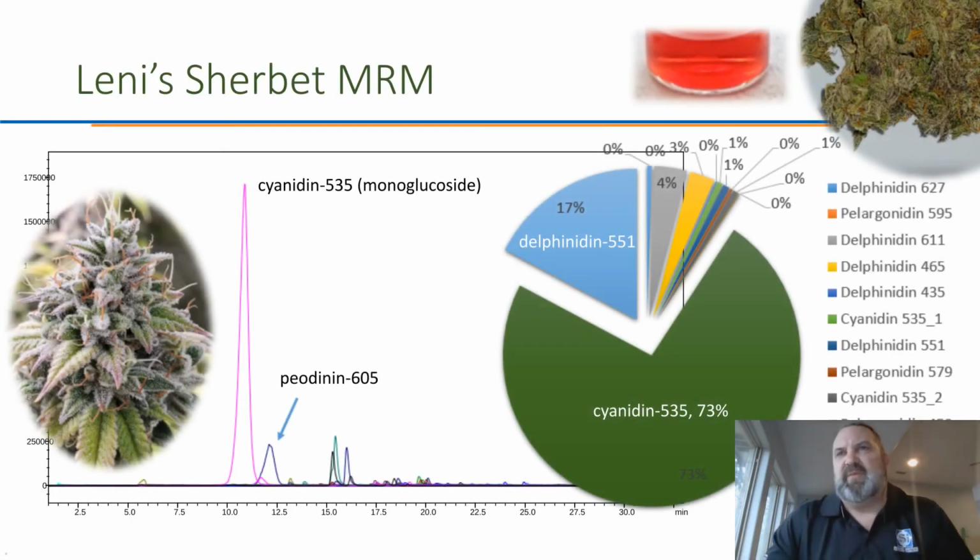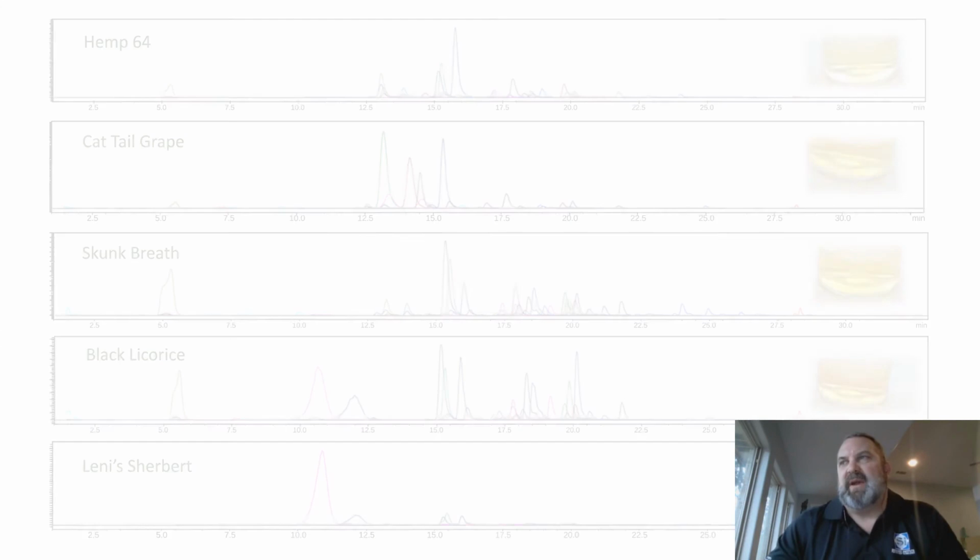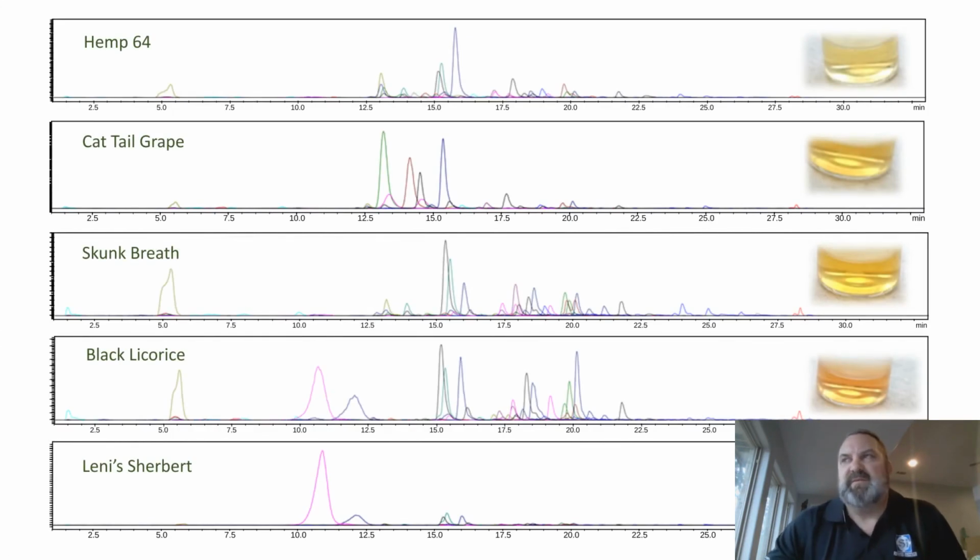Last one here before I show you a more grand comparison, but Lenny Sherbert gives us a really nice red color. And so interestingly enough, the anthocyanin profile is not so complex. This is cyanogen primarily, which, okay, cyan is named for that red color. But just to show you the comparison, at least for these 5 different